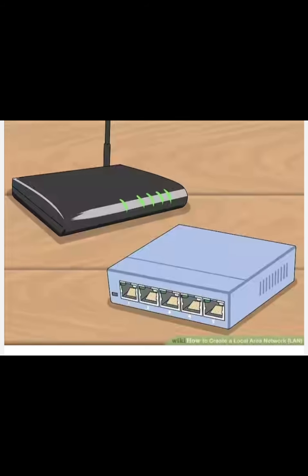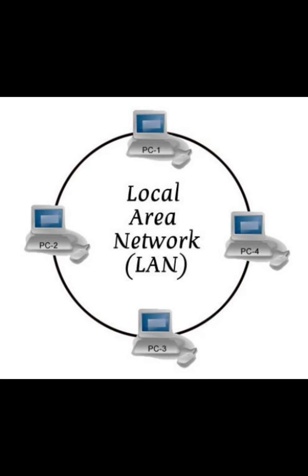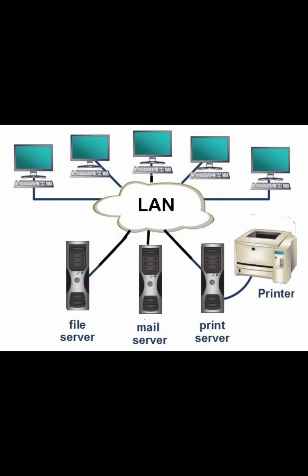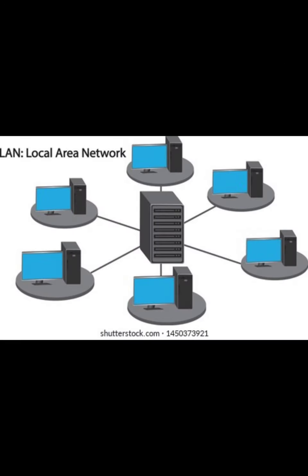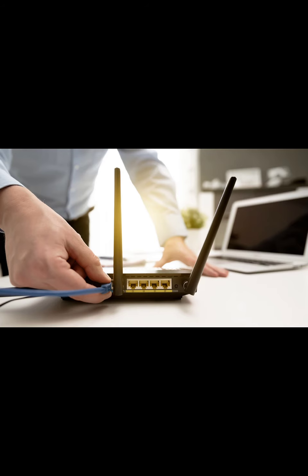Gather your network hardware. To create a LAN, you'll need a router or switch, which will act as the hub of your network. These devices route information to the correct computers. A router will automatically handle assigning IP addresses to each device on the network and is necessary if you intend to share your internet connection with all the connected devices. It is highly recommended that you build your network with a router, even if you're not sharing an internet connection.